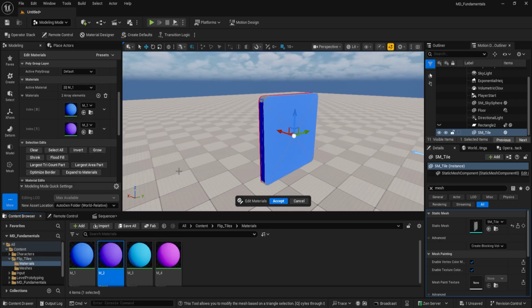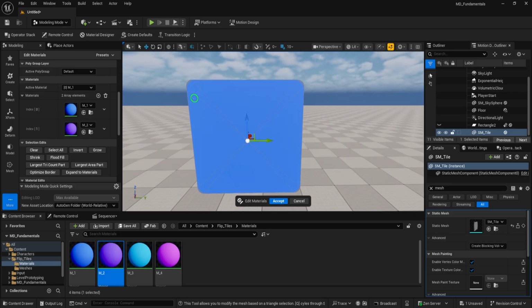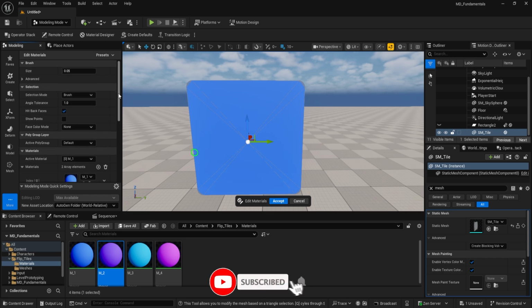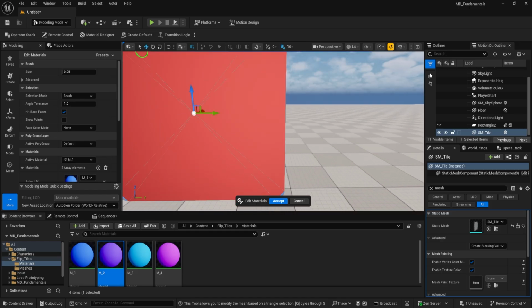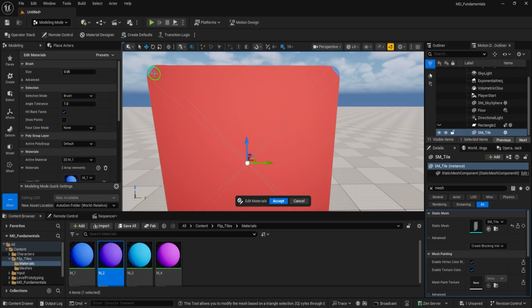So what we want to do, we want to apply the second material on this side, and when our tile is flipped, this material will go from bottom to upside. So for this just make sure brush size is 0.05. You can increase the size, and just hold on control and just click on these sides. Just make sure you select, and also make sure you can select the corners. Hold on control,